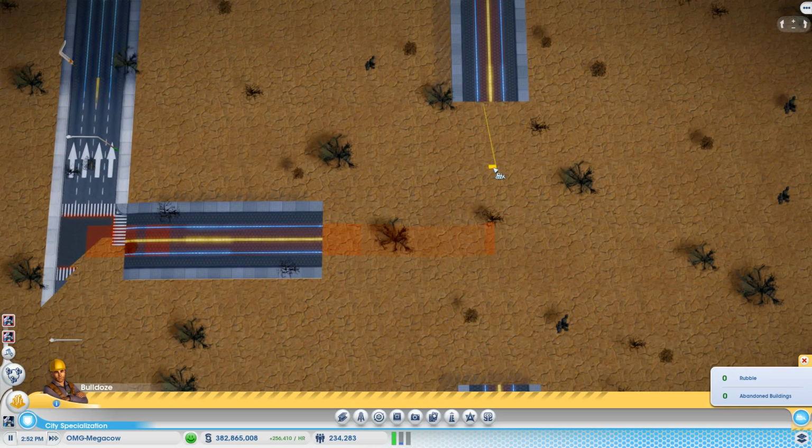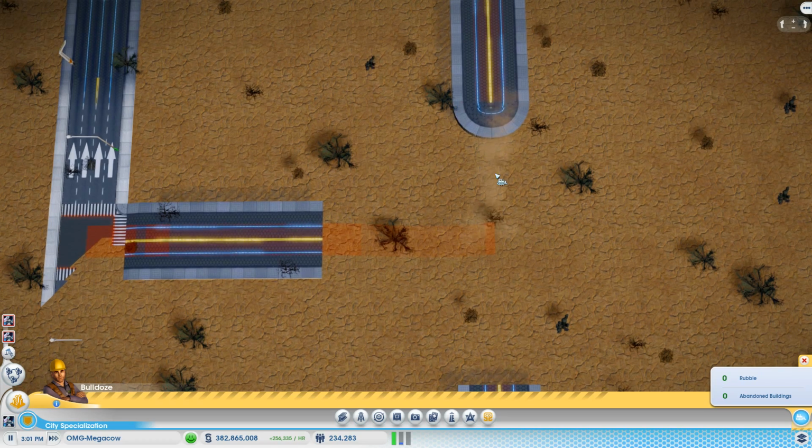Let me zoom right in. See this? See, there is a road there, and you can see it's all made up of individual sections, and there is a bit of road here. So all you do, just hold down the control key, and you can just about see that it is highlighting that. Just get rid of that, and you'll see this road change, this road end.